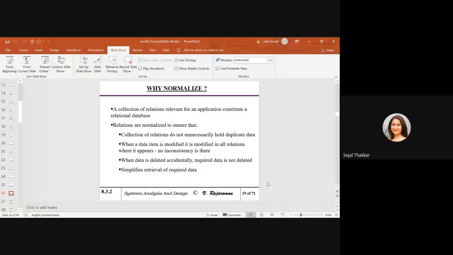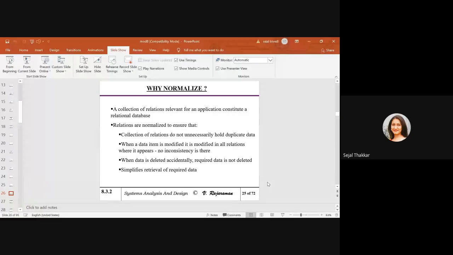Normalization means to remove the redundancy, right? Because of redundancy, lots of problems are going to occur. If my table has redundant data, the same name there four times, and suppose I want to change the address, the address will change at one place, and at other places the address will remain as it is.